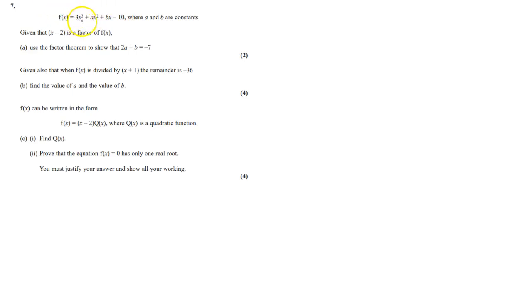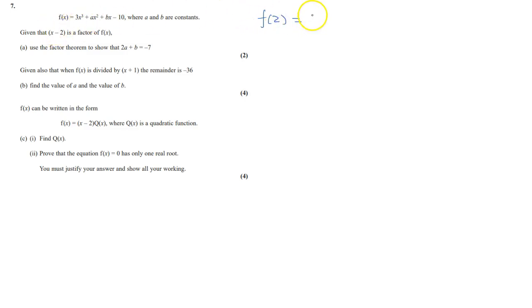f(x) is 3x cubed plus ax squared plus bx minus 10. a and b are constants. Given x minus 2 is a factor of f(x), so if we put x equal to 2,